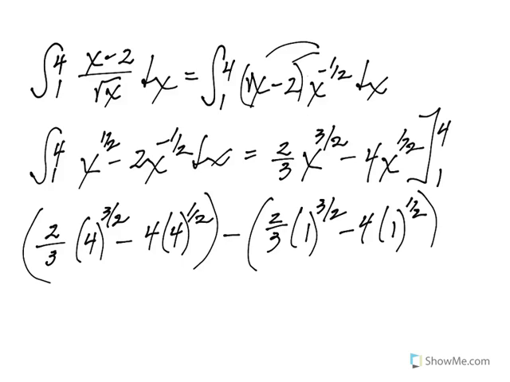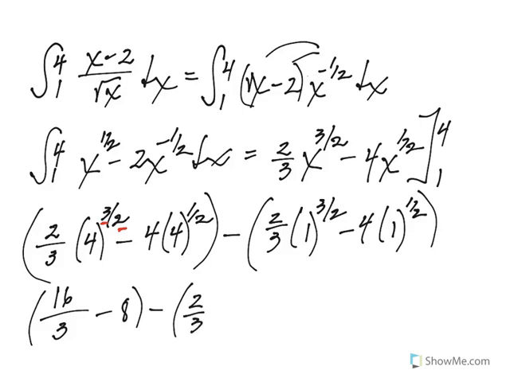And then I take these one at a time. Remember, the 2 is a root, the 3 is a power. Second root of 4 is 2, cubed is 8. That's 16/3 for that first part of the first section. Minus then, I've got 4 times 2, that's going to be 8. Minus then what I get in the second set of parentheses, that's 1 to the 3/2 power, that's just 1,